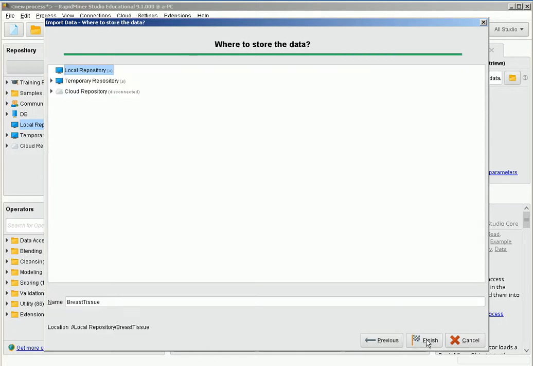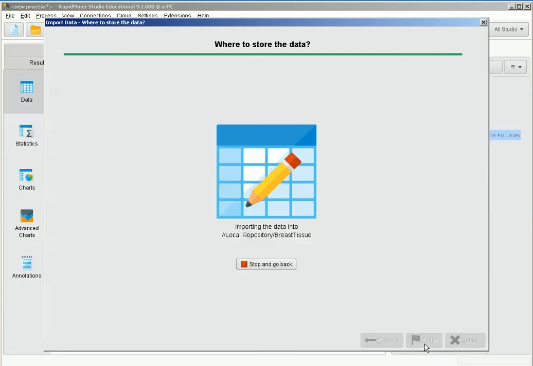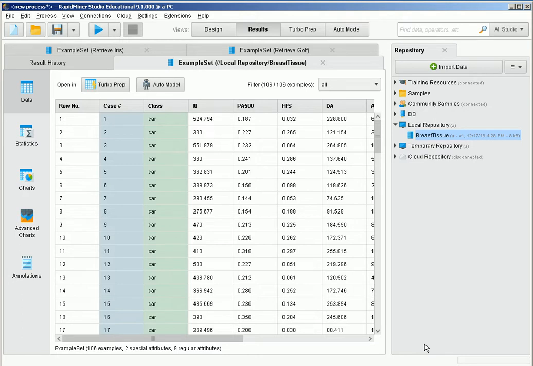so we need not do anything else, but specify where we would like to save the data, in the local repository or in the temporary repository, which is just a place to perform trials and not to store data permanently, as the name says. We're going to store it in the local repository. And we may just use the default name breast tissue, although you may change the name of the data if you want to. If we click here finish, RapidMiner will visualize the data, but